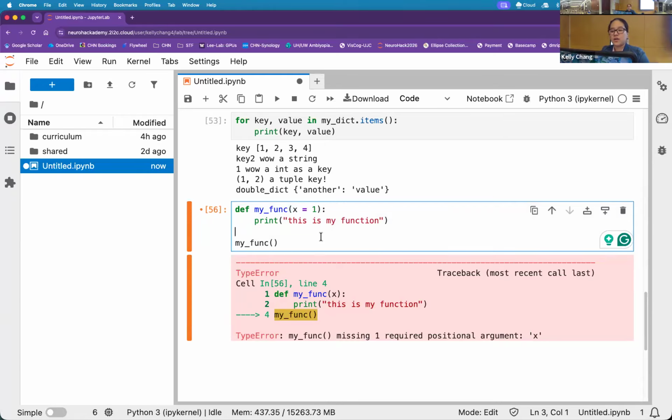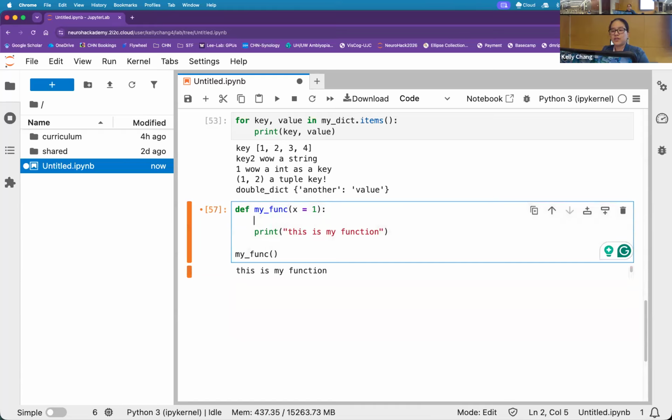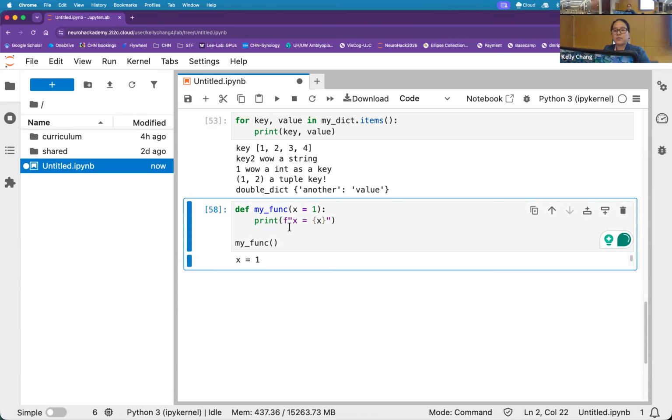So when I run this now, it won't throw an error, but I'm not doing anything with the X inside the function, right? But it won't at least throw an error. I'll just add another print call that says formatted X equals. I need to get rid of this. This is my function print. And so now when I call my function, even without specifying an X value, it'll print automatically: my X value is 1 as a default.